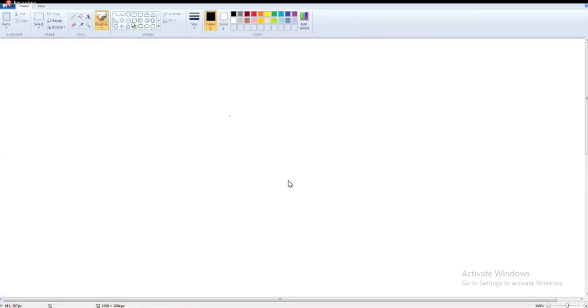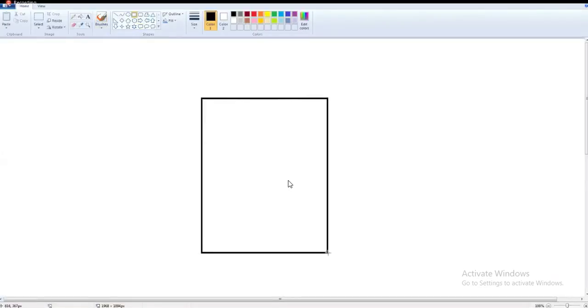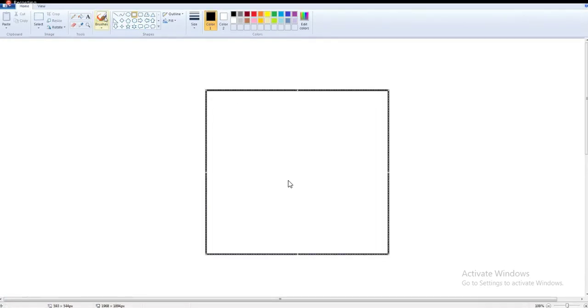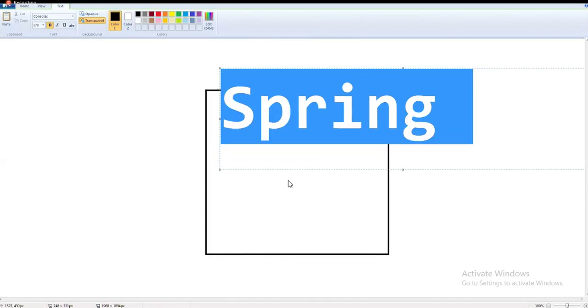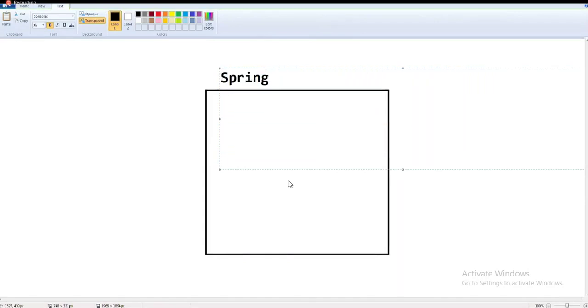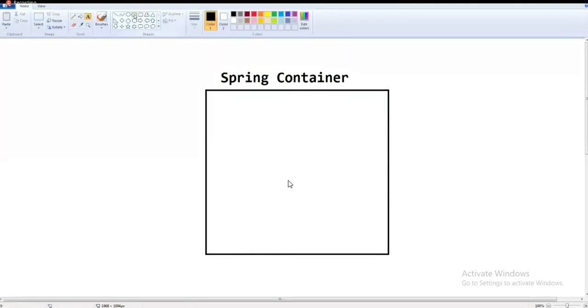If you look here, this is a Spring container. The work of the container is creating objects; multiple objects it is going to create. Once an object is created, it will provide the data.